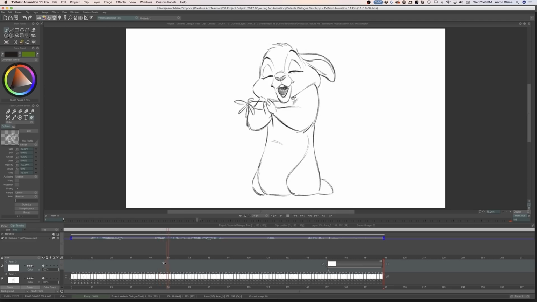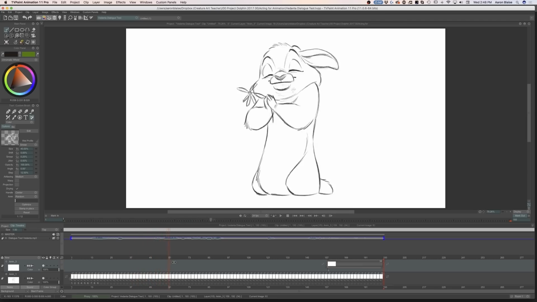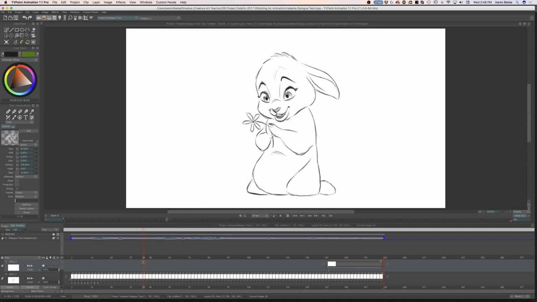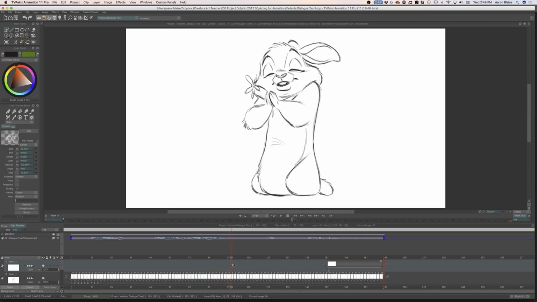And then watch as she goes up. Remember those arms drag, and then the shoulders catch up. The ears drag, and they catch up. You see that? And then I'm just animating dialogue within the pose. You can see her mouth moving, her eyebrows moving as she's talking within that pose.